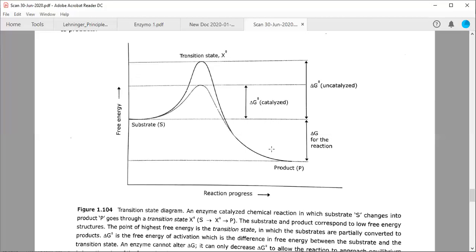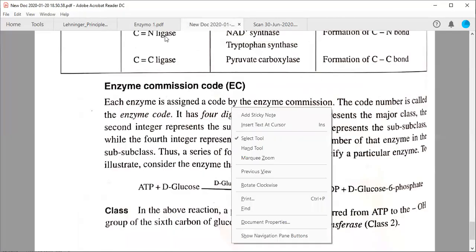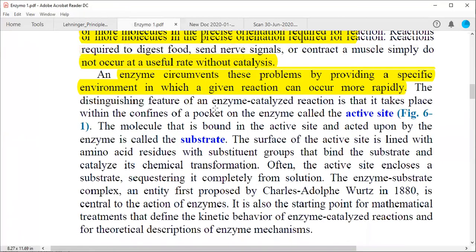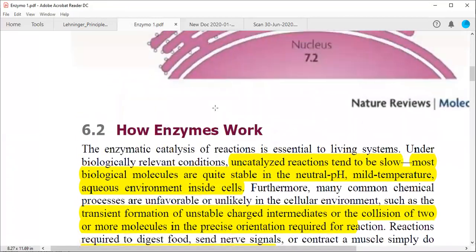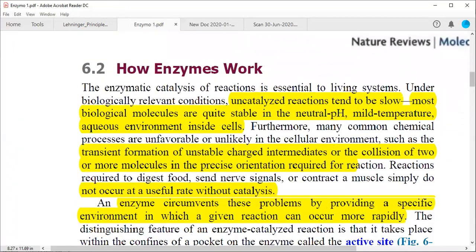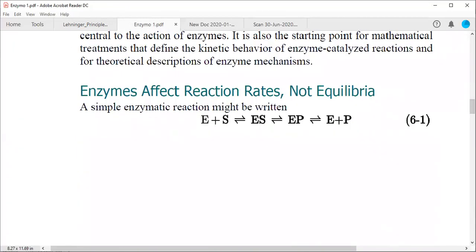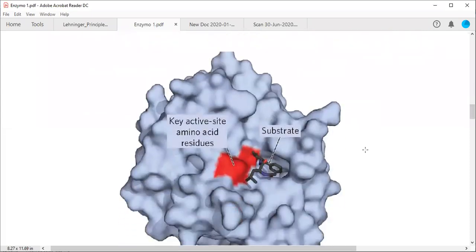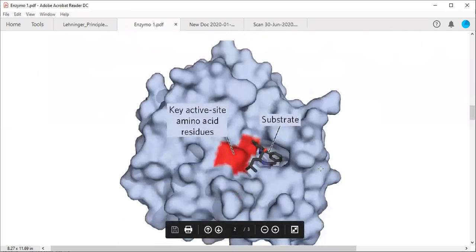Okay. So how is this achieved? This is achieved because the enzyme is providing a local site for the substrate to bind. If you remember this particular diagram, the enzyme is a big molecule, but some specific site, the active site,